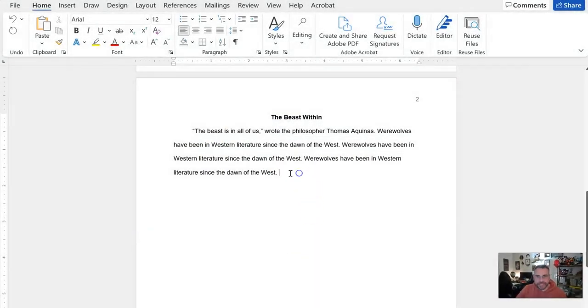So the basic format template for a thesis statement is just simply this: claim plus reason 1, reason 2, and reason 3, right? So for example, for this essay, what is my central claim? I haven't even thought about that. It's about werewolves, but that's not a claim. That's a topic, right? So maybe this is an informative essay about how,